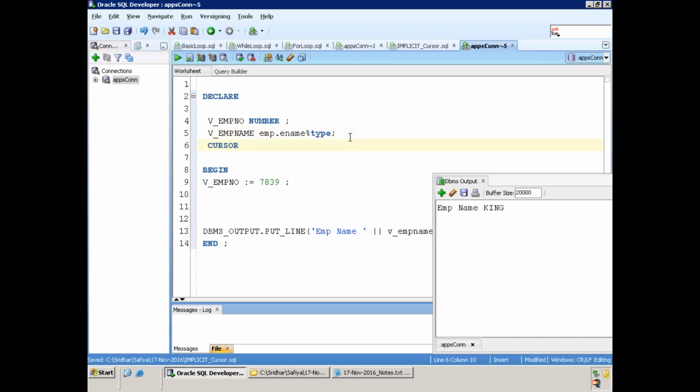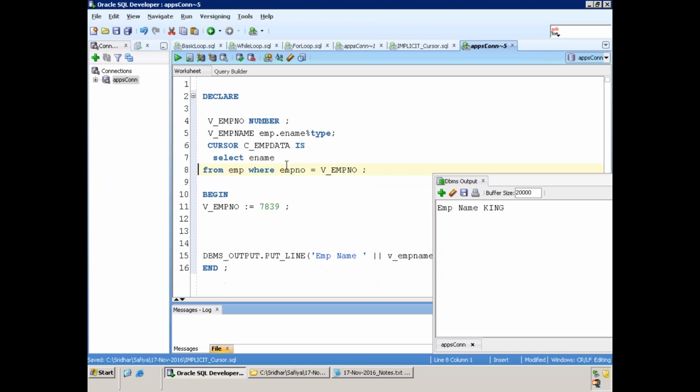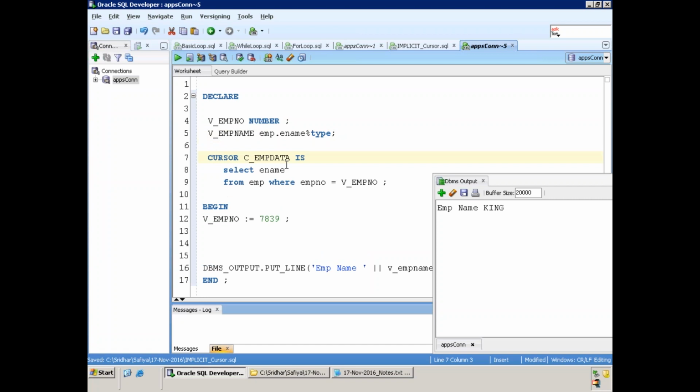So cursor c_emp_data is, you can mention the query. And we have to remove the into clause. We should not mention the into clause here. And also now we want to pass the dynamic parameter. We want to pass the employee number at runtime. So now